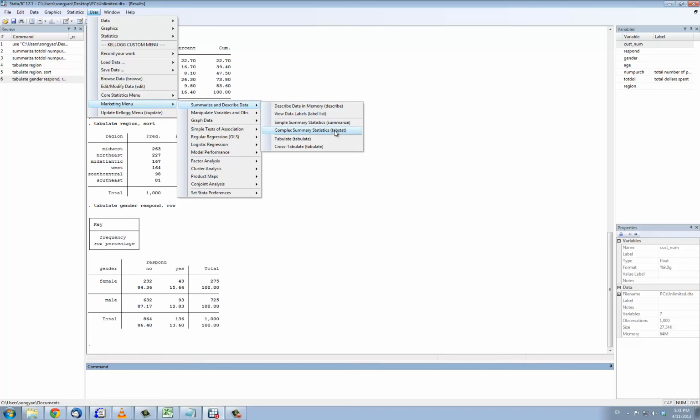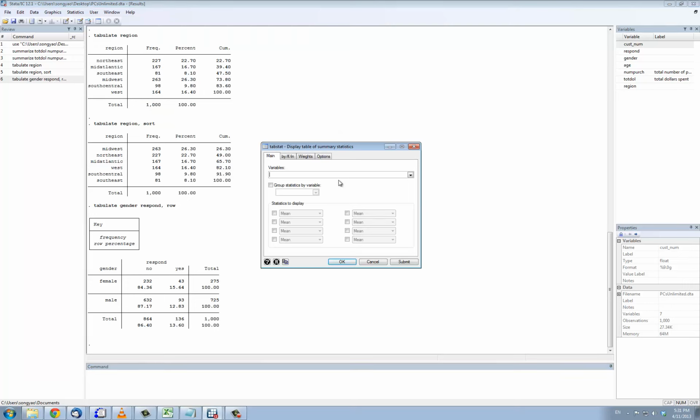So it's this option. We click it, and the variables that I'm interested in are total dollar, as well as number of purchases. So the statistics that I'm interested in include mean, count, and say